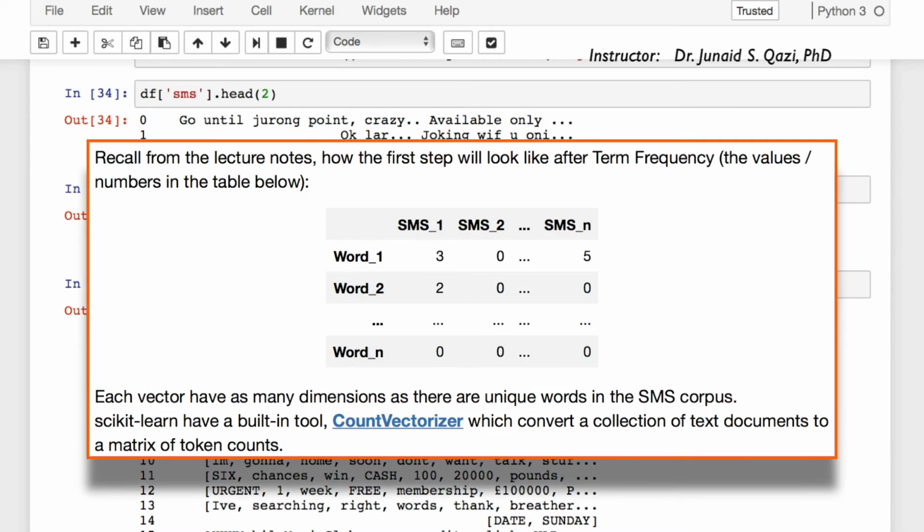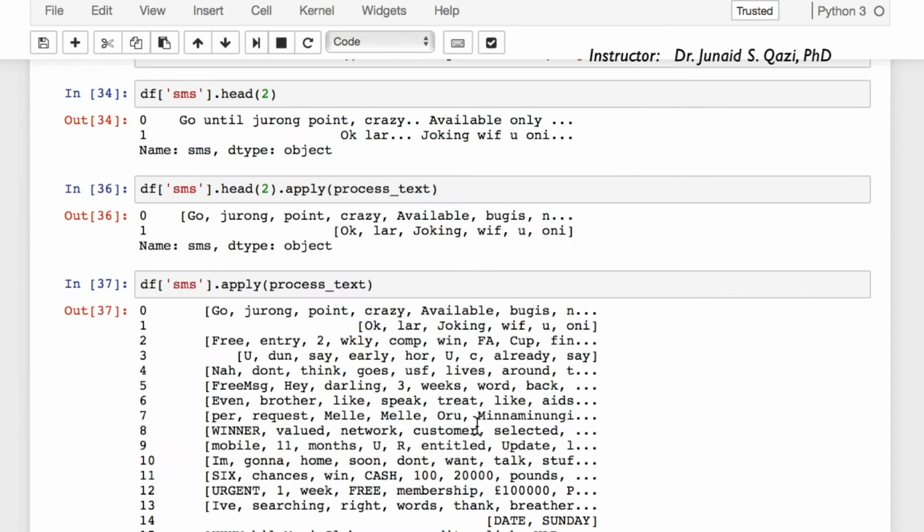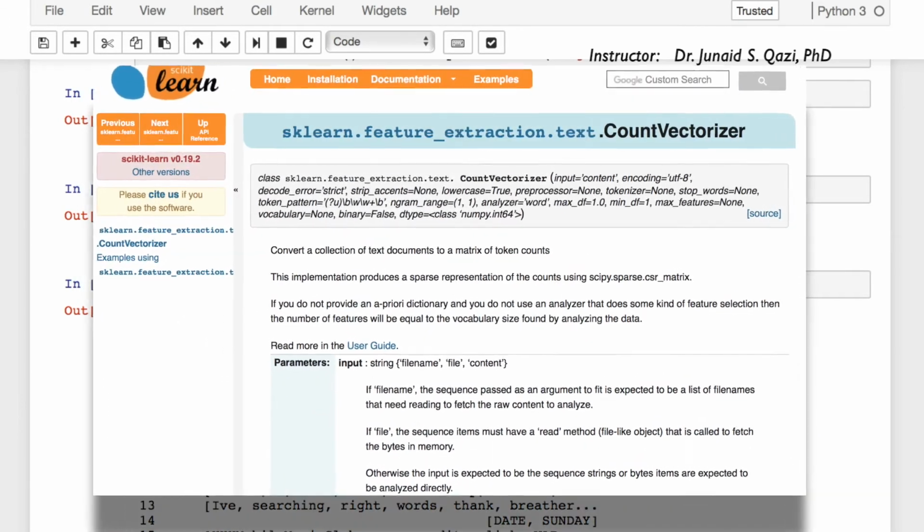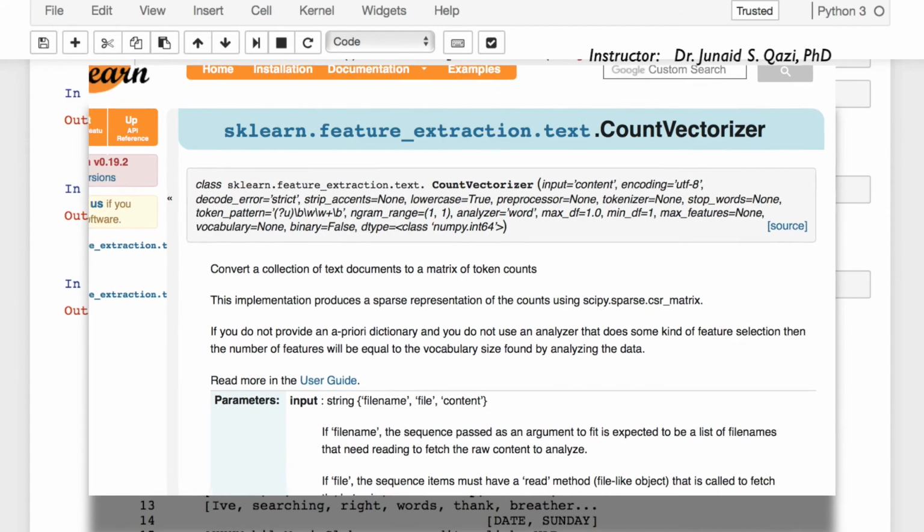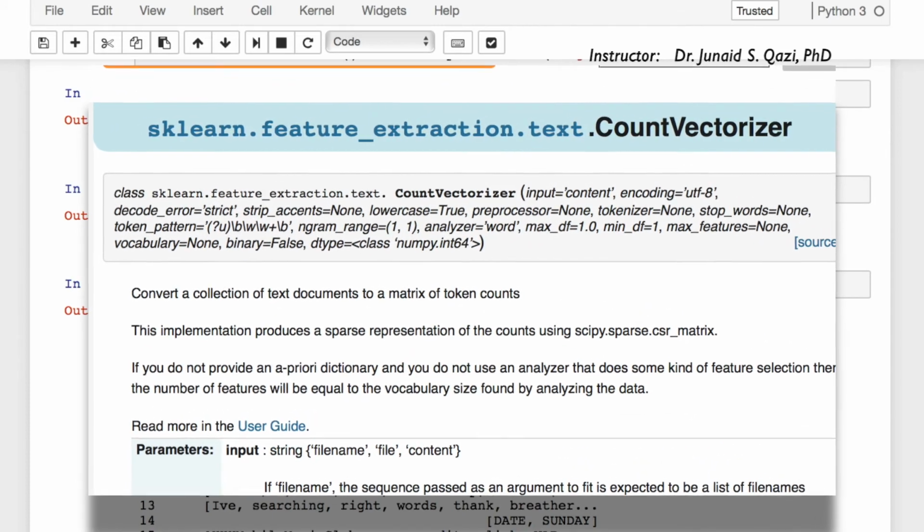Recall from the lecture notes how the first step will look after term frequency. You can think about it in the form of the following table. Each vector has as many dimensions as there are unique words in the SMS corpus. So don't worry about all this process. Luckily, Scikit-learn has a built-in tool, CountVectorizer, which converts a collection of text documents to a matrix of token